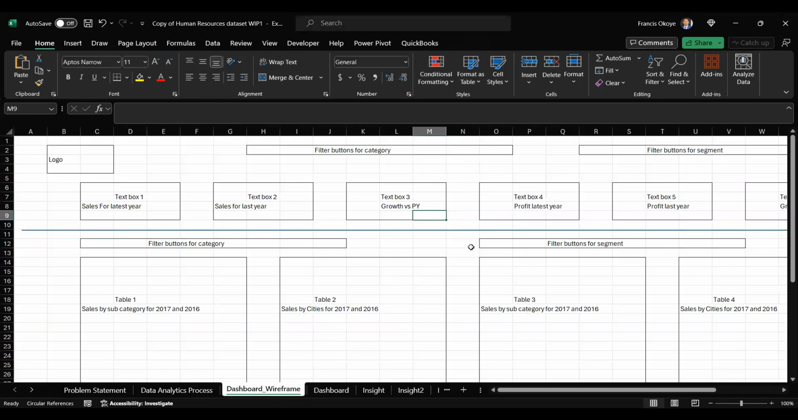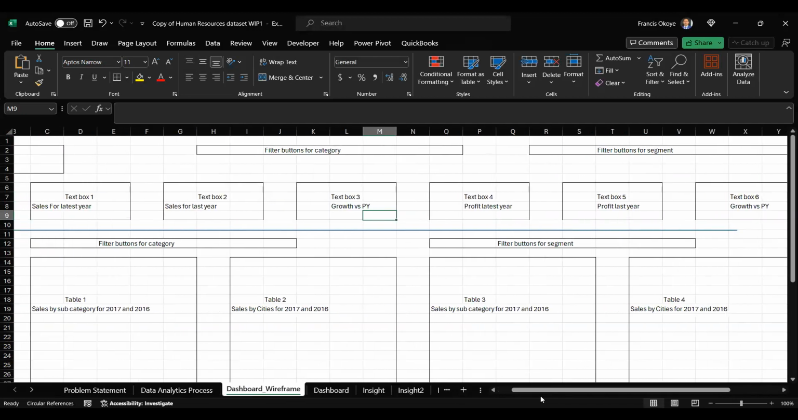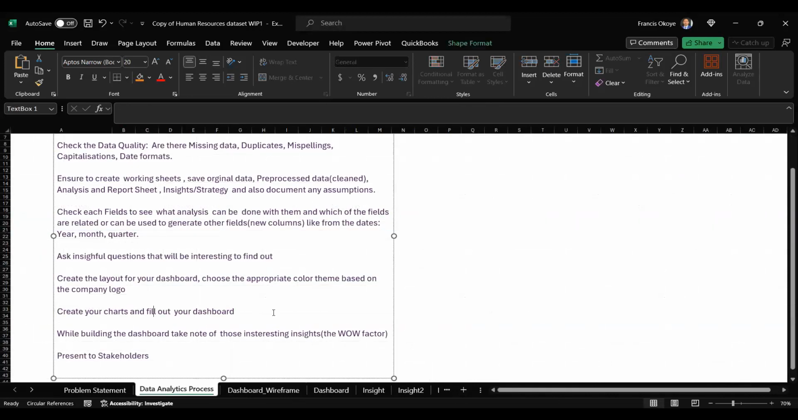Yes. That's what we are calling a wireframe, just like a layout of what you should do. Sometimes you can do it on paper, on how you want to analyze it. So we just call that the wireframe. By the time you have laid that out,